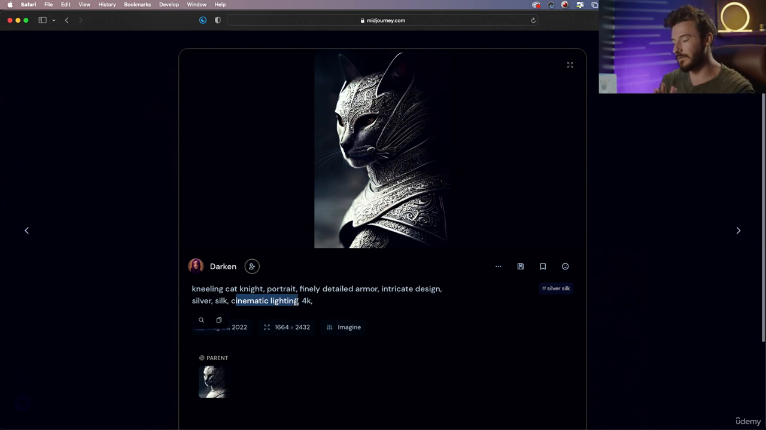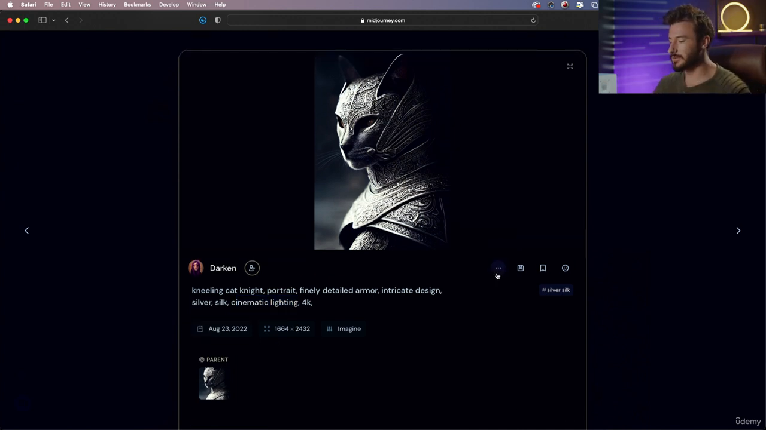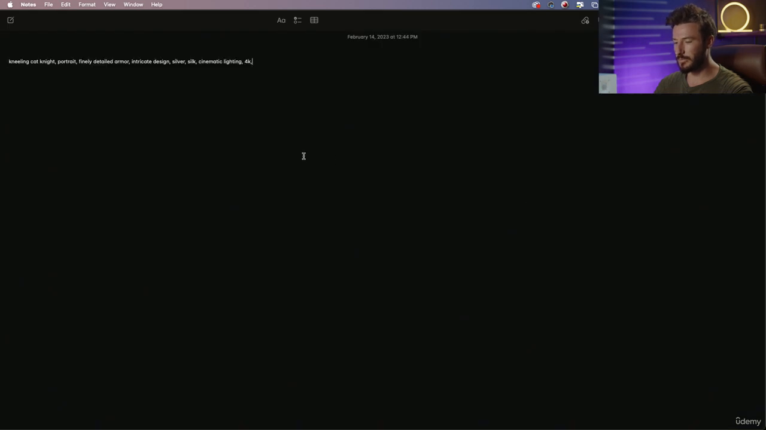Now this person could have added a mood, they could have added an environment, and they could have added a photographer or artist to emulate that would have changed the style of the output. We can also see with any of these images the exact prompt that the creator used. So if we go to these three dots, we go to copy and we click prompt and we paste that, it gives us